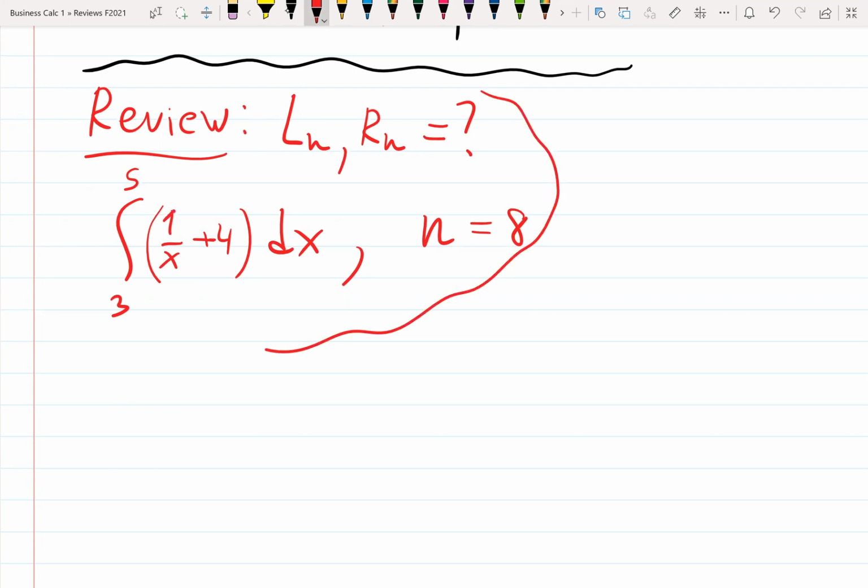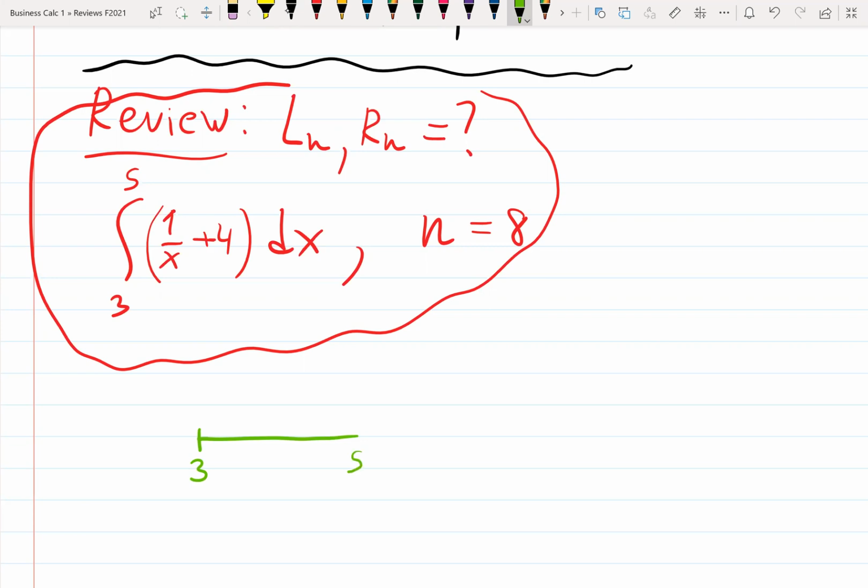At least one problem will be there, including what is the average of ln and rn. This is pretty applicable kind of data science problem, to be honest. Let's review this one. The average value and definite integral at the same time. But for you to understand, maybe let me show this. They give you the interval. Definite integral means there's an interval from 3 to 5. And the function is floating above that interval, whatever it's doing. We want to find the area below that function from 3 to 5. The function is 1 over x plus 4, using 8